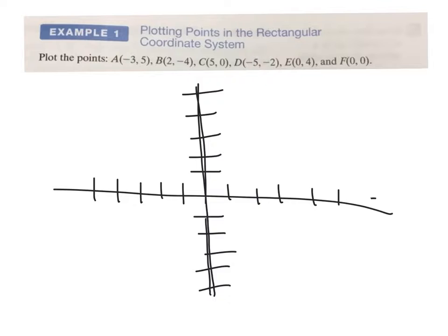So if we're going to plot the points, and start with the first one, we're going to go to the left 3 spots, and then up 5, and we have our dot. If we are going to do the next one, we go over 2, because it's the first number, and then we go down to the 4, and we have our dot there. Looking at our third one, we go to the right 5, but we don't go up at all. So our dot ends up right